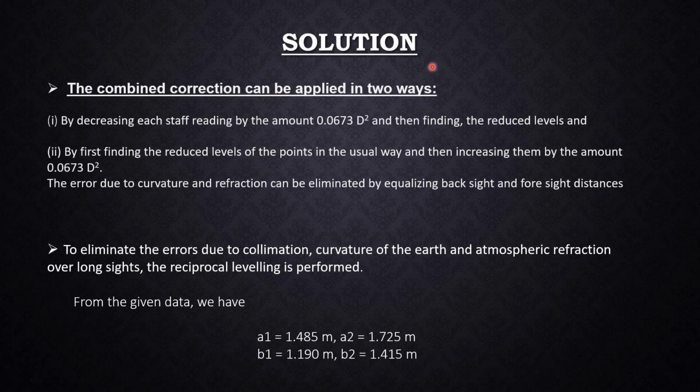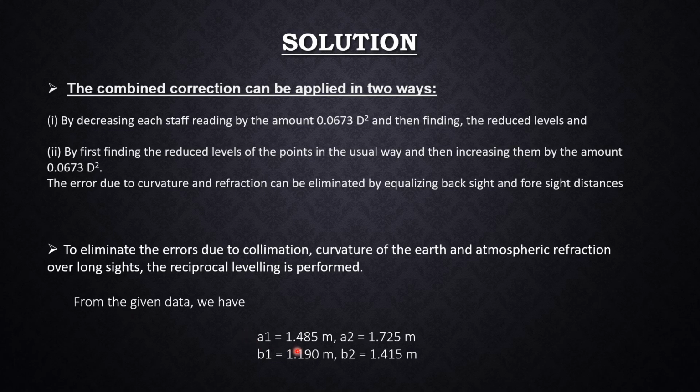Solution. From the previous theory we can get the solution easily. The combined correction can be applied in two ways. 1. By decreasing each staff reading by the amount 0.0673 d square and then finding the reduced level, and 2. By first finding the reduced level of the points in the usual way and then increasing them by the amount 0.0673 d square. The error due to curvature and refraction can be eliminated by equalizing backsight and foresight distances. To eliminate the errors due to collimation, curvature of the earth and atmospheric refraction over long sides, reciprocal leveling is performed. From the given data we have